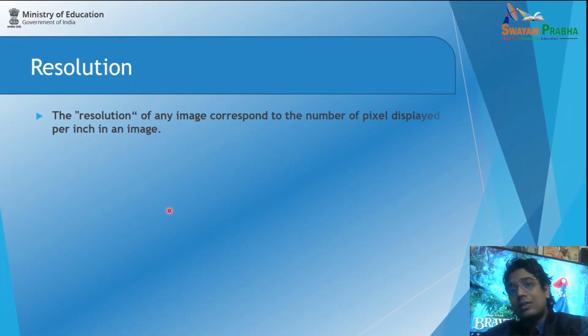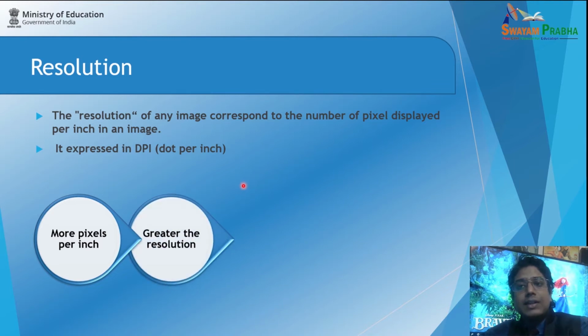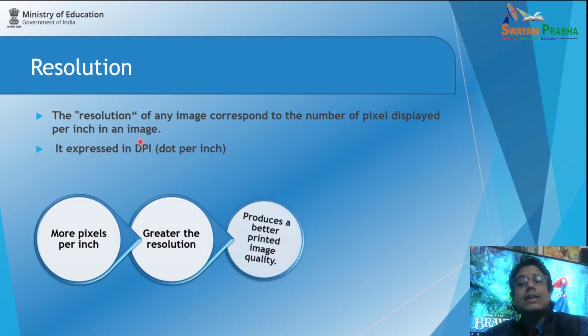Whenever you talk about resolution, it defines the number of pixels displayed per inch in an image. Sometimes it's called DPI also, dots per inch. In one inch, how many pixels there would be is defined by the resolution.